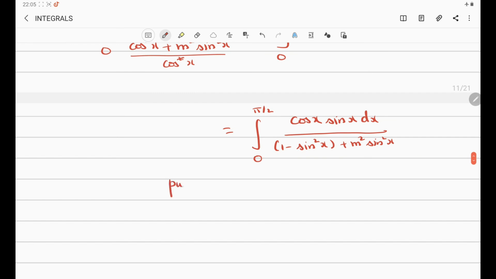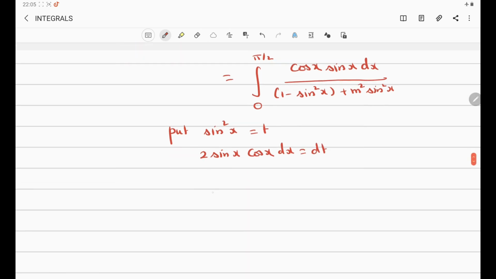On putting sin square x as t, we get 2 sin x cos x dx equal to dt. So this becomes half into integral of dt divided by 1 minus t plus m square t,